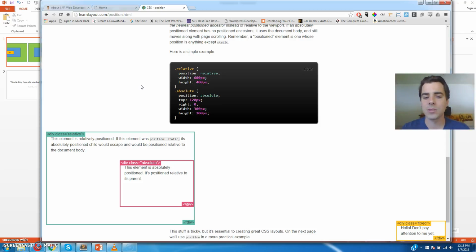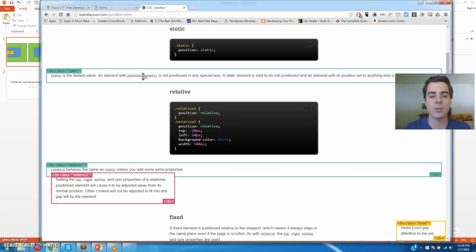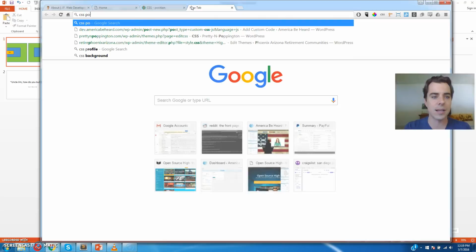They're different from tables. They're used a ton, and because they're used so much, I wish that I was a little better at teaching it and had way more to show you. But while we're on this topic, let me show you something cool. If you're ever looking for the right terminology for anything, like you could see here position, you're like, oh man, what are the different options for position? So if you go to Google and you just type in CSS position,